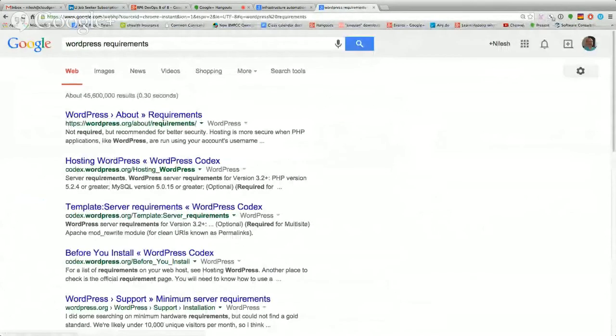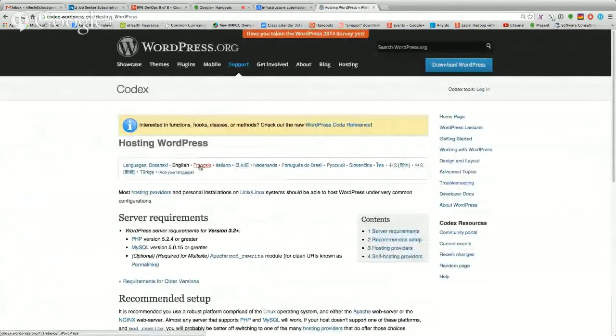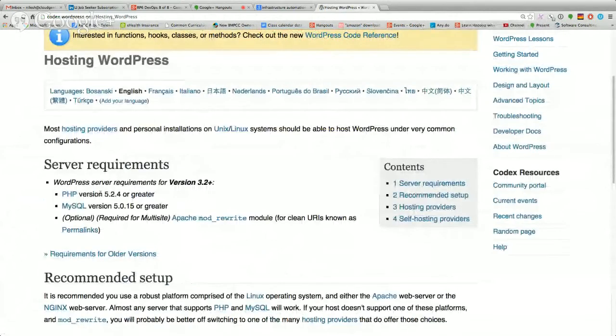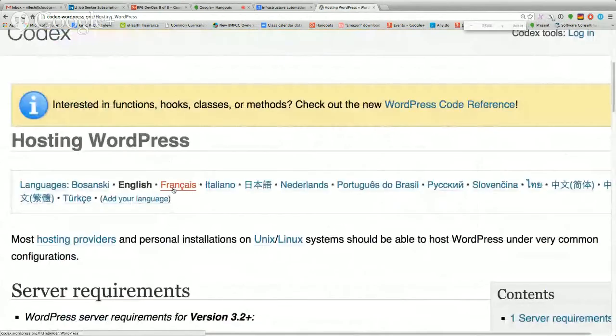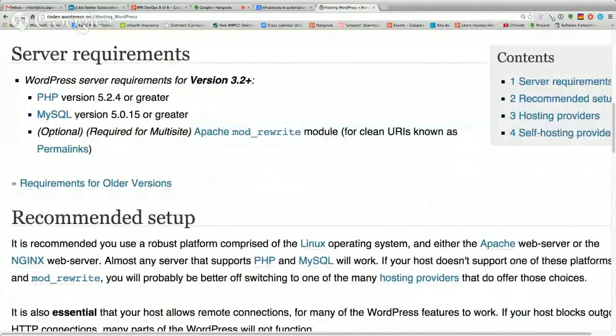And that should tell us what it needs. So it tells us that the server needs to be running PHP version 5.2.4 or higher. It needs to run MySQL version 5.0.15 or higher. And it needs to have the Apache mod_rewrite module.